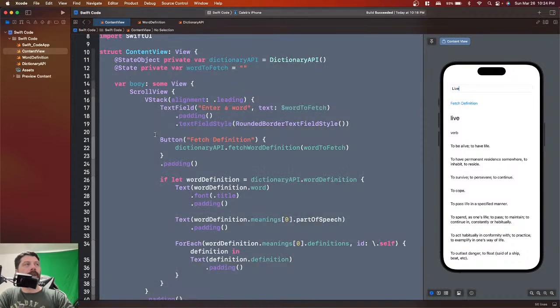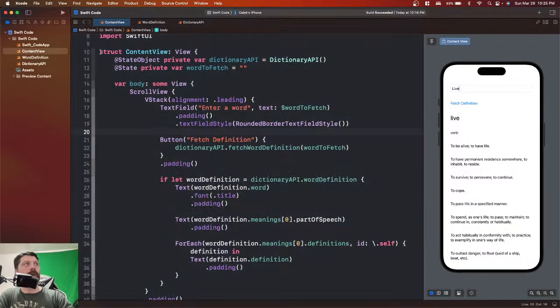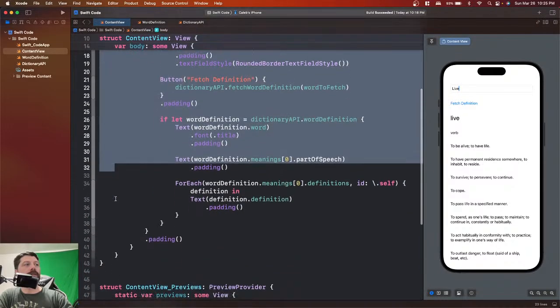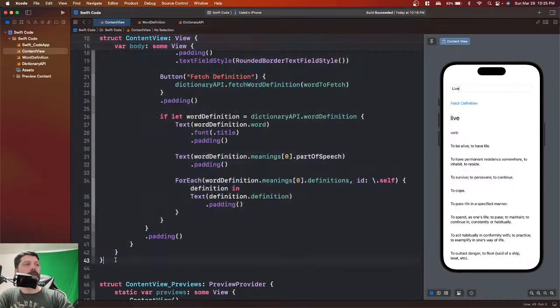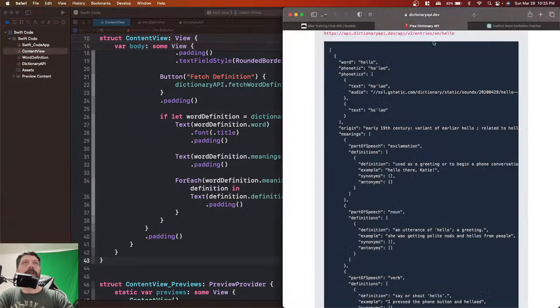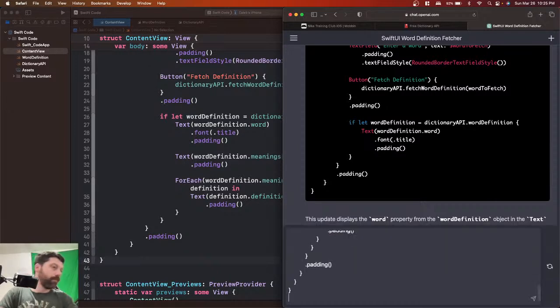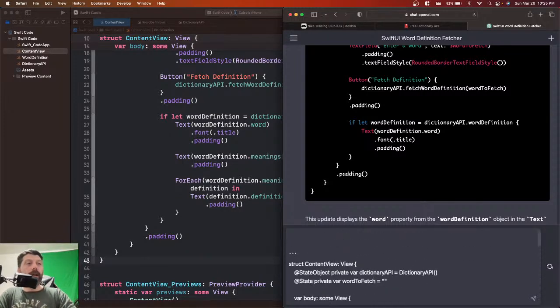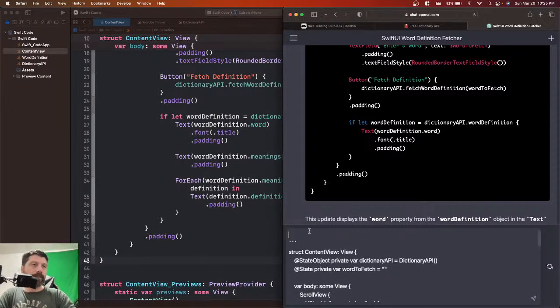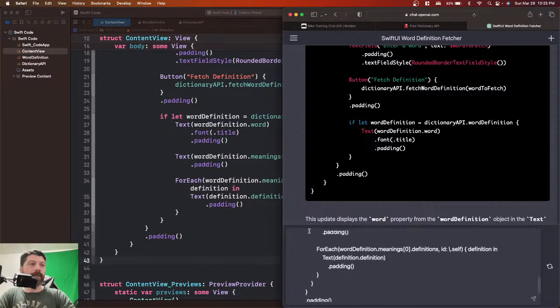So we can go Command A. I don't need to do Command A, I just need to take this struct, copy this, and go back to ChatGPT, this tab here, and then we will say enter, backtick, paste, backtick, and then right here we'll say, let's see,